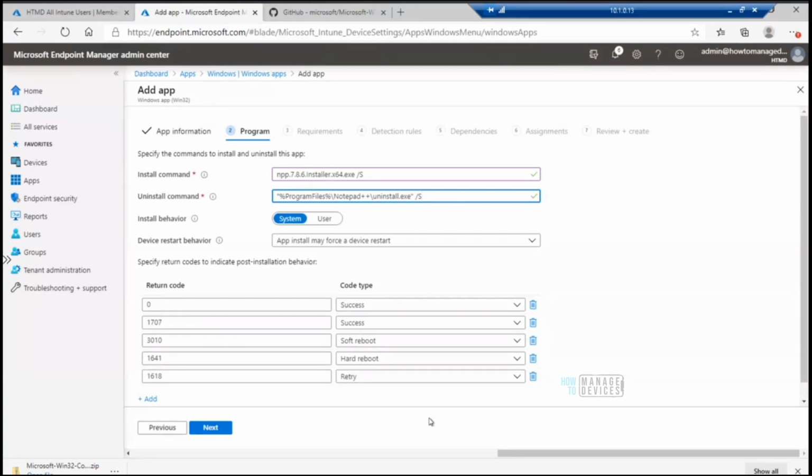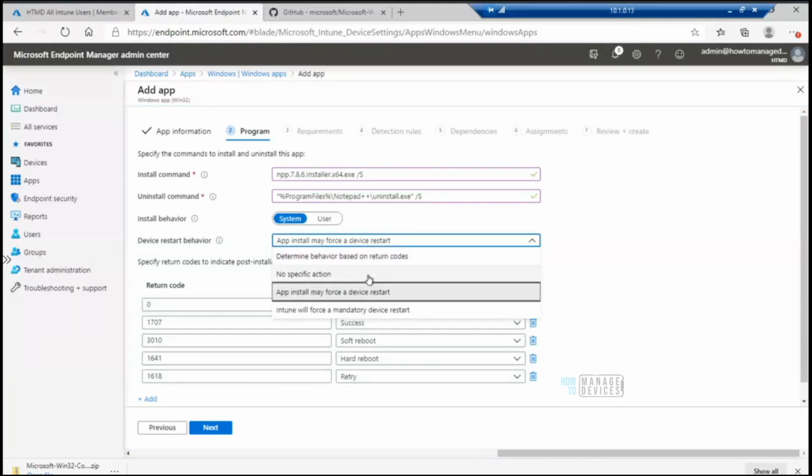Okay, thank you. So I'm putting down the uninstall command, install command, right? And I'm mentioning user, or whether you want to install this in a user context or system context. I'm going to keep this as default, right? And this is the interesting discussion which we had with Harjit on Sunday about SCCM application deployment and SCCM supersedence, right? So this is device restart behavior, right?